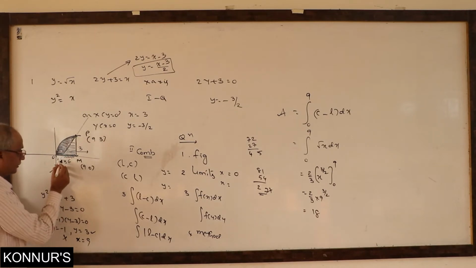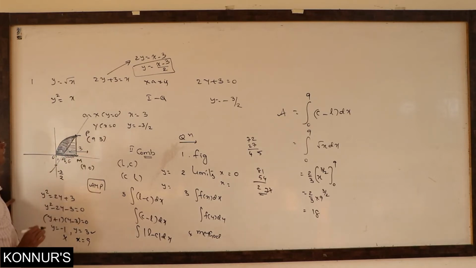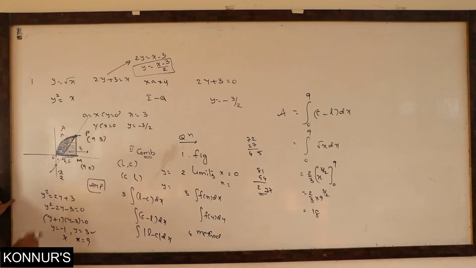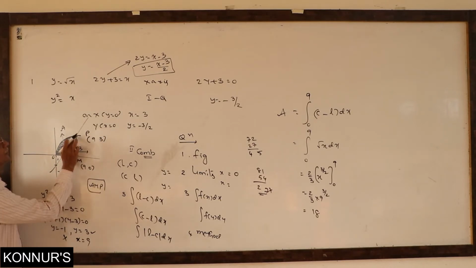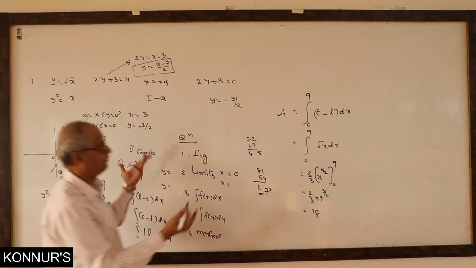See here, this AMP is a right angle triangle. We want to delete this area only. Ultimately we need this area. Our area is this one. For that, area of the closed curve, which is a right angle triangle. Since this is 3 units, 9 units, base 6, y coordinate 3, height. AMP is a right angle triangle. What is the area of a right angle triangle? Half into height into base. Hence you are getting 9. That I will use here.